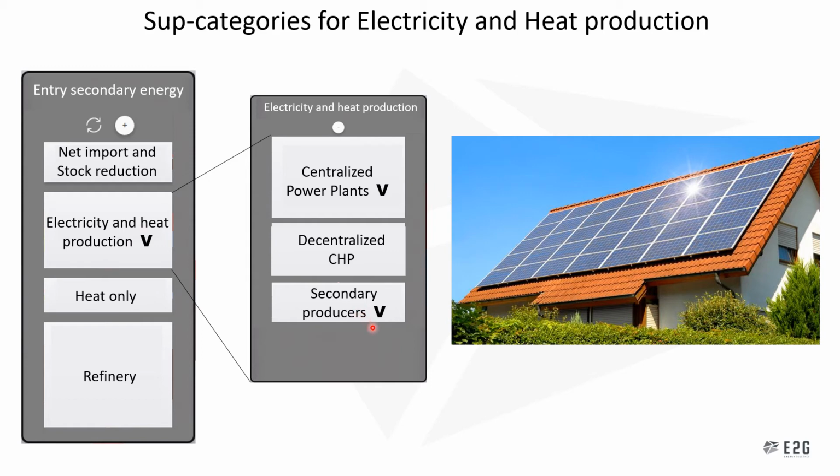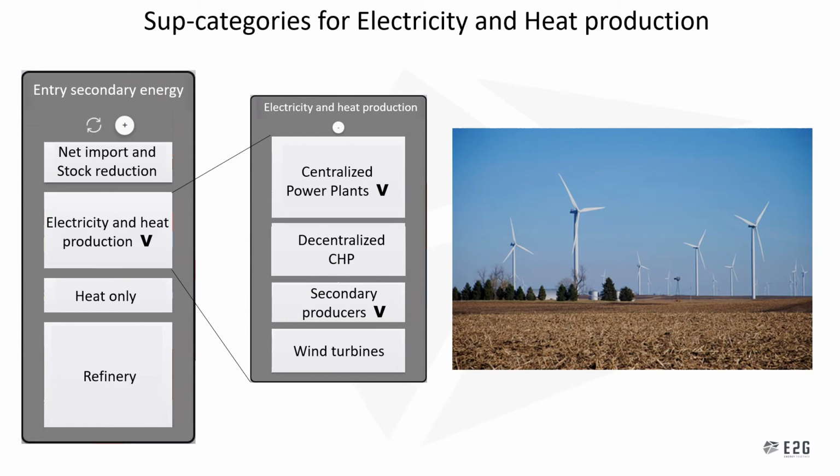And also here again note that there is a V or an arrow pointing downwards on the secondary producers, but also at the centralized power plants, which once again means there's a level deeper, which I will look into in just a minute. But these secondary producers are producers of electricity and district heating, but not as their main focus. It is a benefit outside of their main focus. And as mentioned, I will look at this more in depth in just a minute. Then lastly, there are also wind turbines, which produce electricity, which goes into the transportation process.